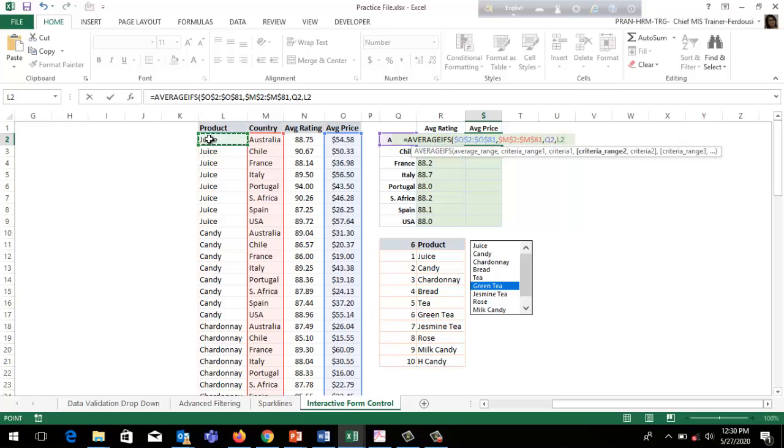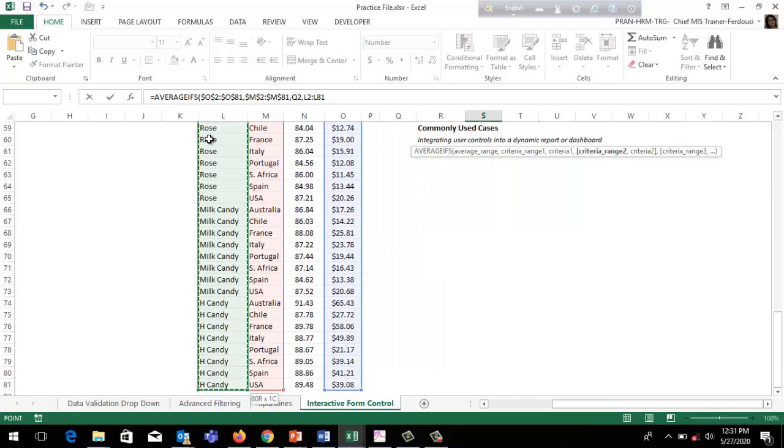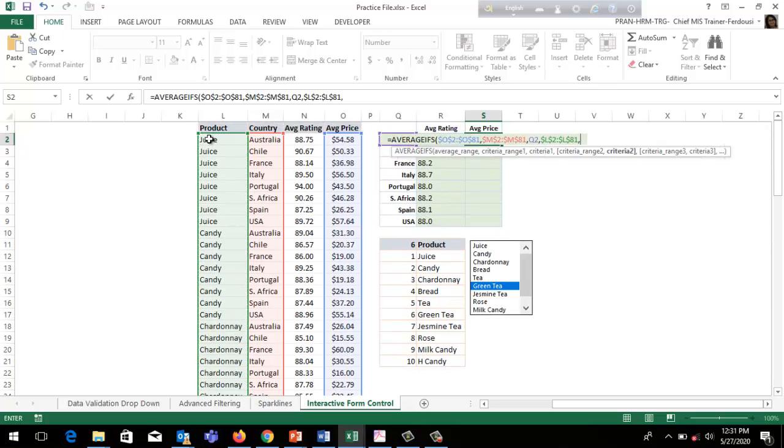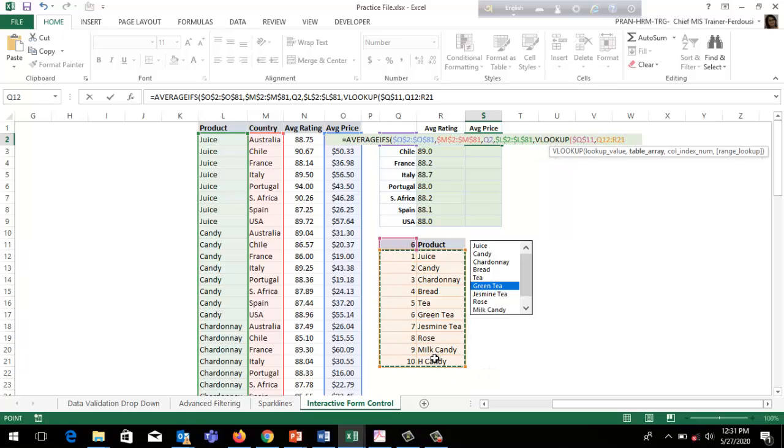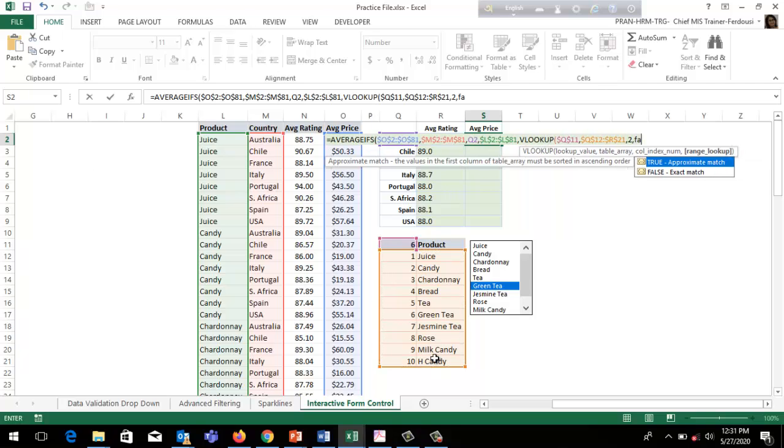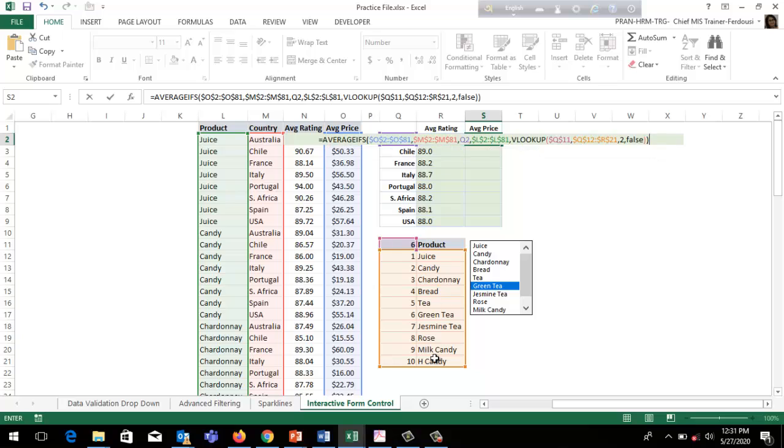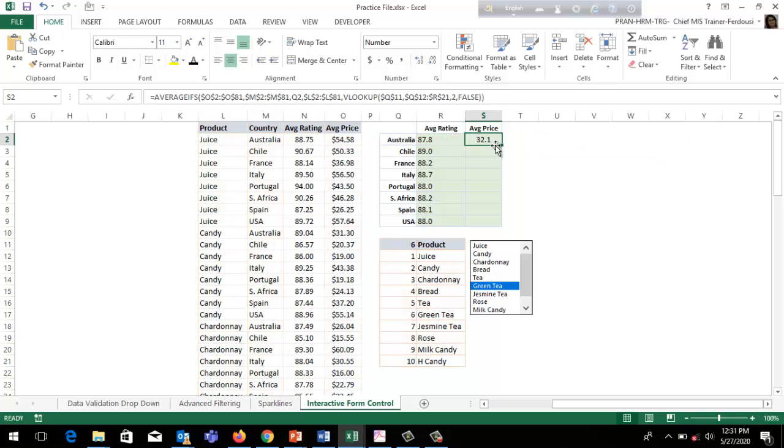Criteria 2 should be the product name, F4, comma, VLOOKUP, this cell position, press F4, choose all this data, press F4, then type comma, then type FALSE. Close the parenthesis, then the final parenthesis, then press Enter. So if I choose Jasmine tea, it changes automatically.